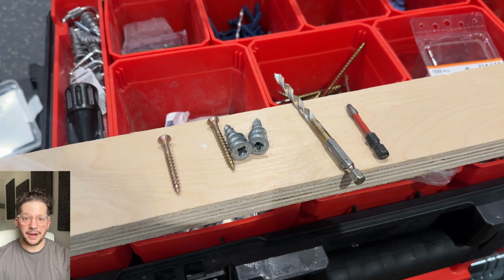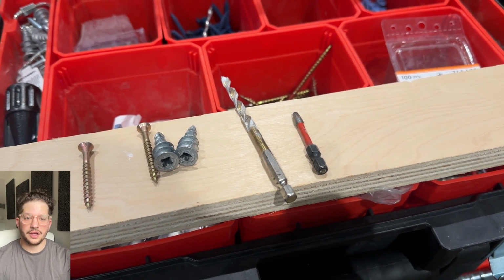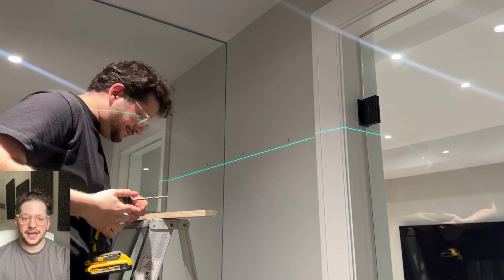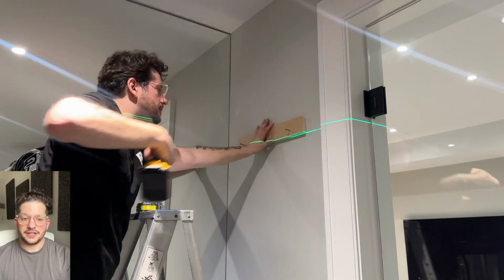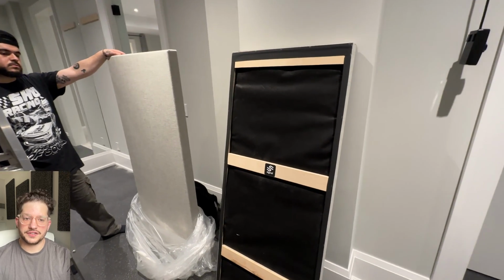So I'm just drilling a pilot hole through the cleat into the wall to give me some pilot holes in the drywall, which I can drill out with that larger bit, and then drill in those screw-in drywall anchors, and then I can just screw the cleat straight into those drywall anchors. It's as simple as that, just 2 screws, each going into an anchor is plenty strong to hold up these